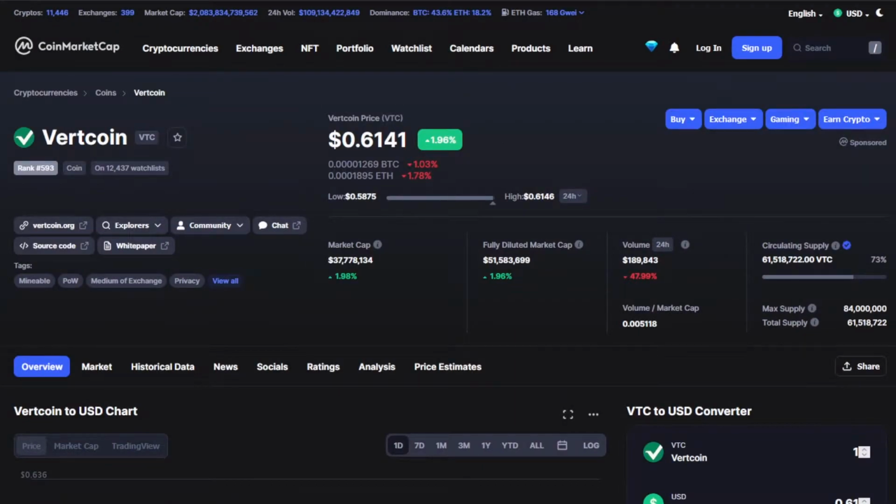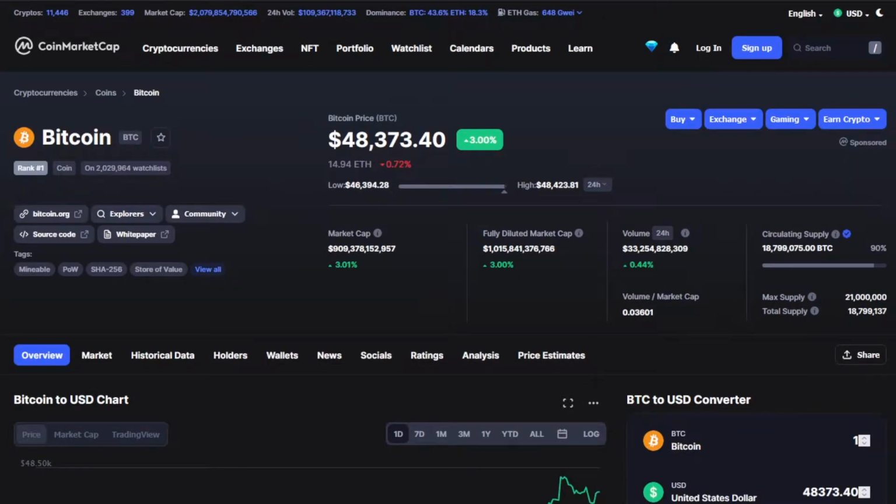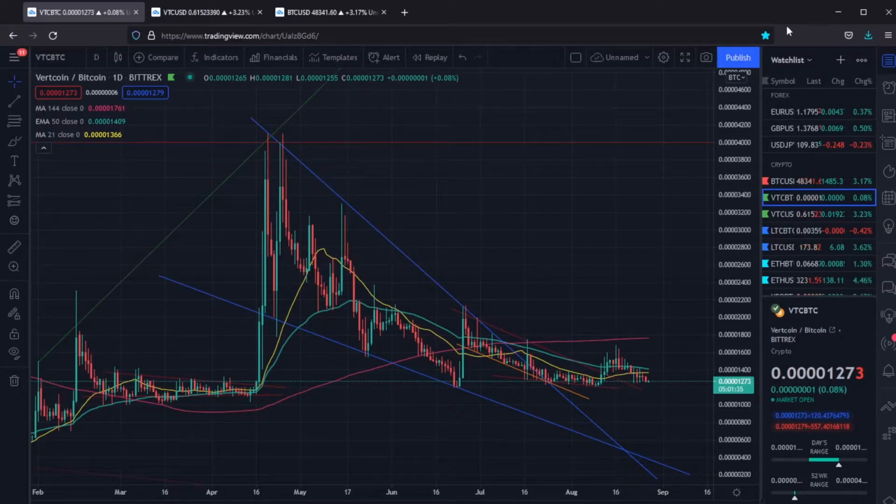Market cap 37 million, volume 189,000, circulating supply 61,518,000 Vertcoin. Currently, we have a price of 61 cents, 1,269 Satoshis, against a Bitcoin value of 48,373 United States fiat. Rolling right into the charts, we see that as we broke out of these formations